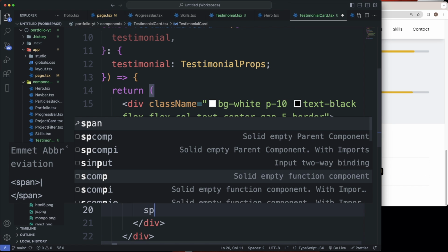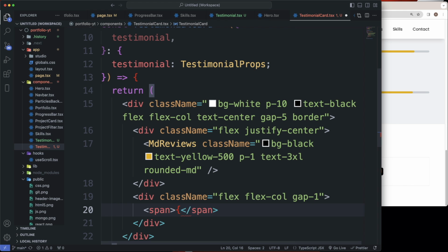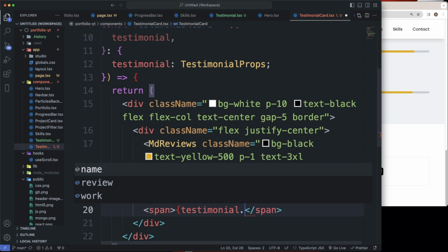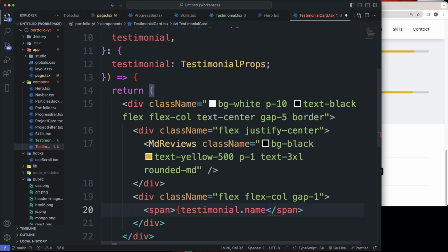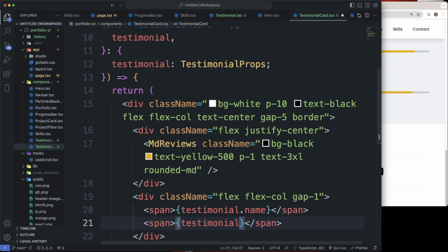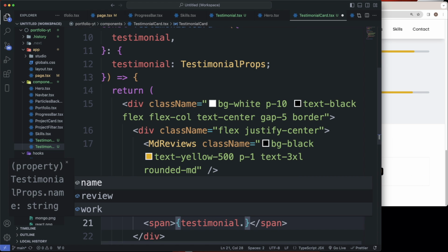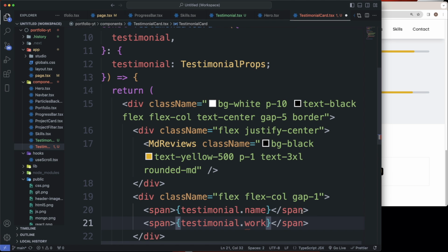And here we're gonna have a span with our testimonial.name, and we're gonna have another span with our testimonial.work, but this span is gonna have a class name of text-sm